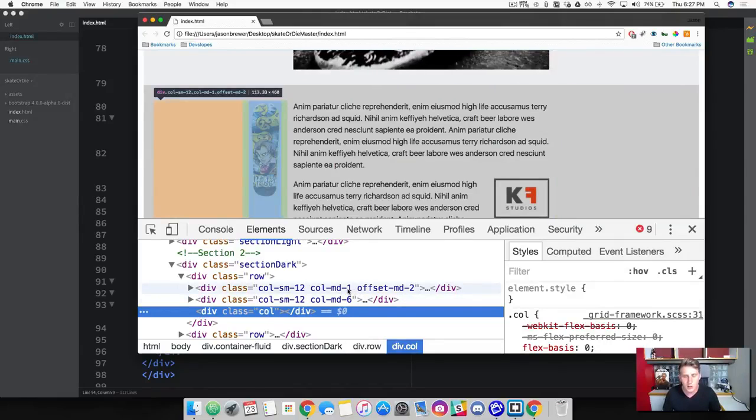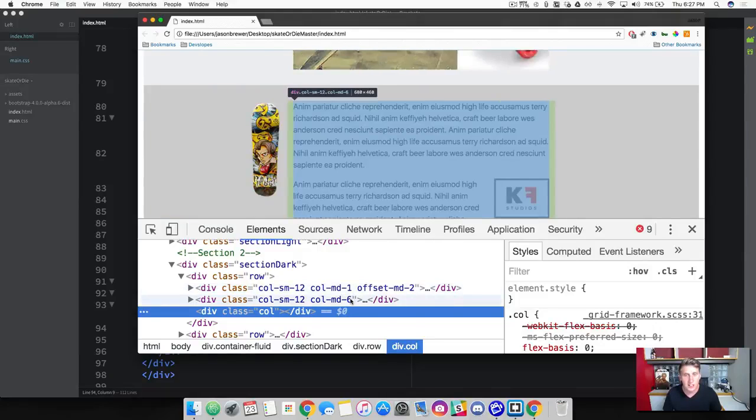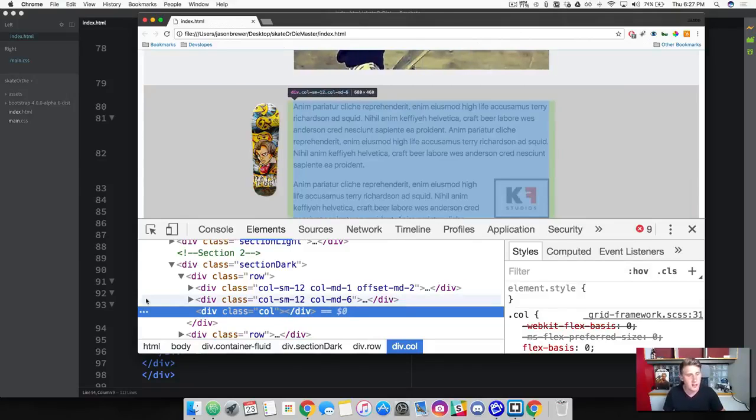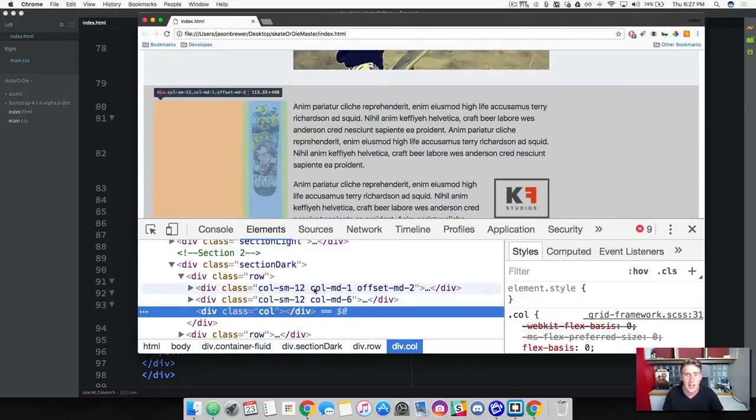So we've said over here, essentially we have a column width of 3, right? A medium of 1 and an offset of 2, so that's 3. And then we've got a center column of 6, and this last column over here on the right is filling up the rest of the width available, which is actually 3 columns. All right, so cool. Now that we kind of understand that, let's go ahead and add some content in this